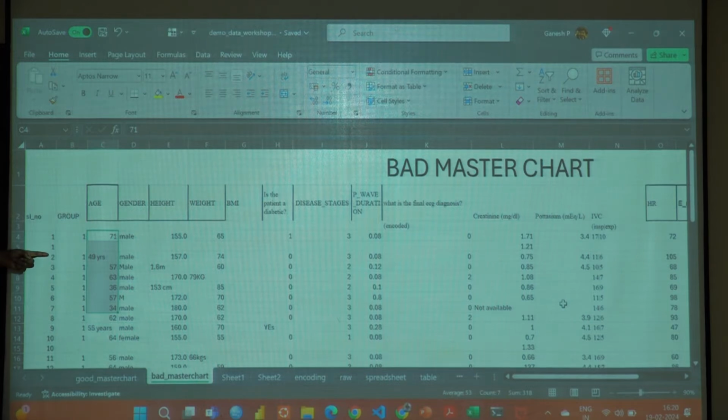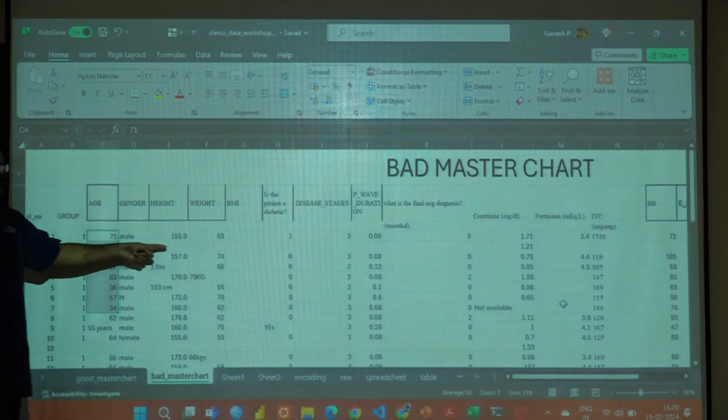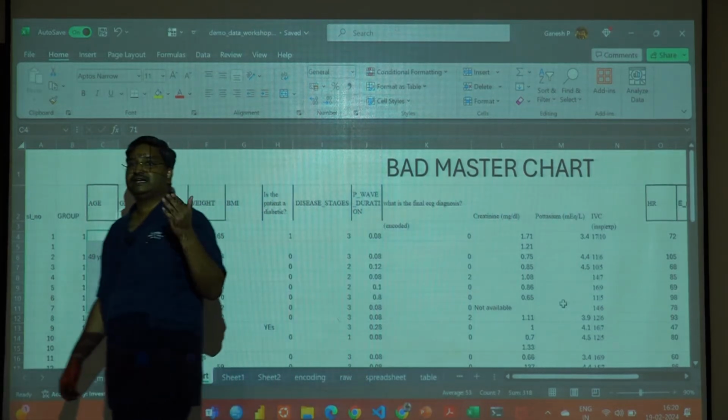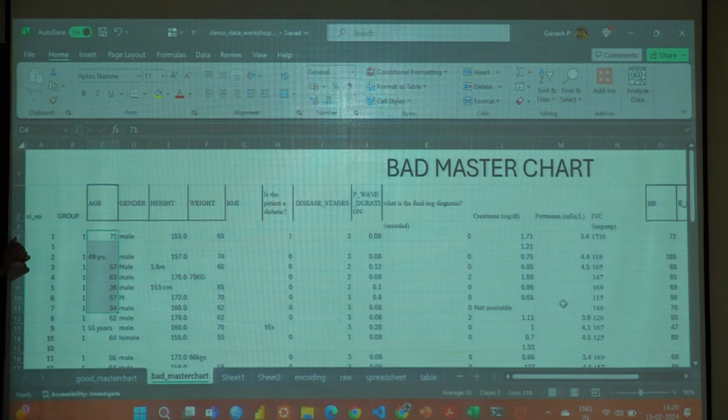Exactly. So this patient has more than one row, right? This is serial number 1, but then for some reason, I think because of creatinine, they entered it in a separate row. So that is one. Then